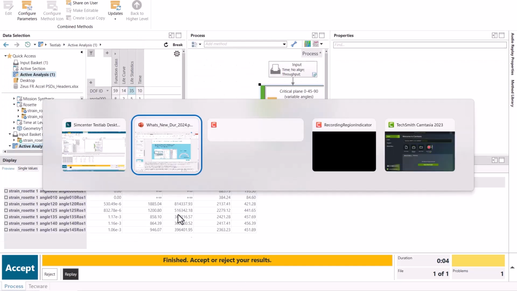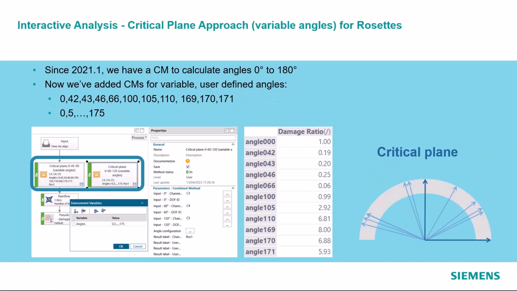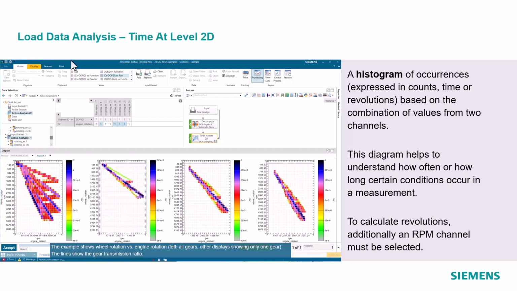The last thing to show here, I'll go back to that presentation, is this time at level 2D plot. This is an extension of a 1D time at level plot, which shows the amount of time a time trace spends in a specific condition.